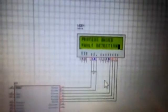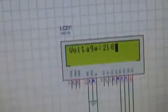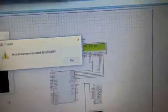then the system shows Proteus based fault detection, and after 2-3 seconds this will show the voltages which are on my hardware. As you can see, 218 was there, and now also 218 is shown here. Okay,